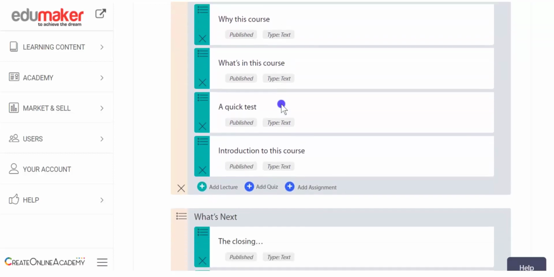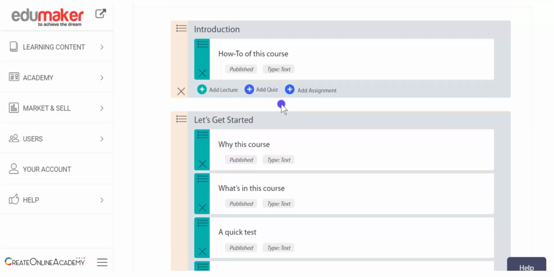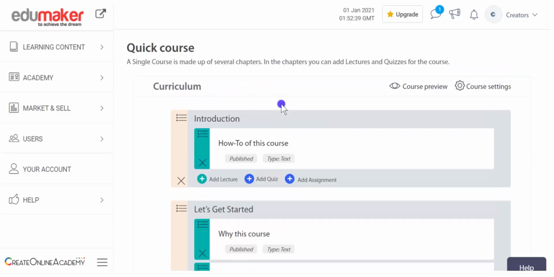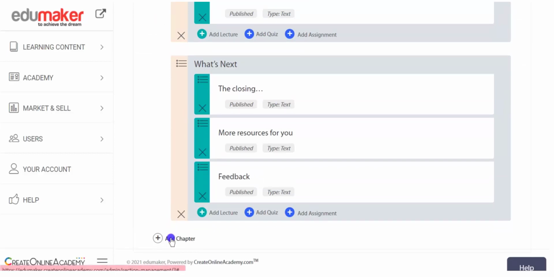In lectures, learning content can be put in the form of videos, PDFs, audio files, text, HTML, flash files, and then a jump button also, which helps you to make a simulation sort of online course. And again in the quizzes, several formats of questions like multiple choice question, match the pair, or multimedia question can be put. So you can create a new chapter from here by clicking add chapter.